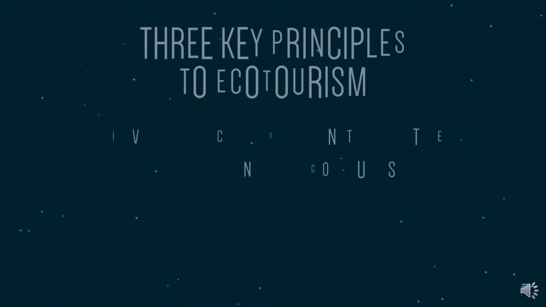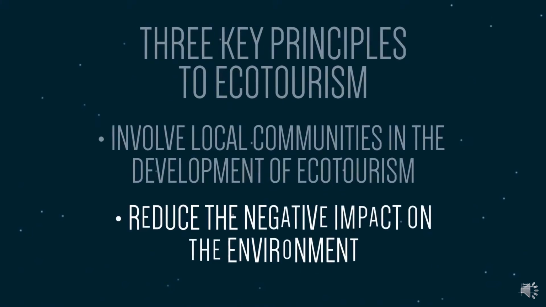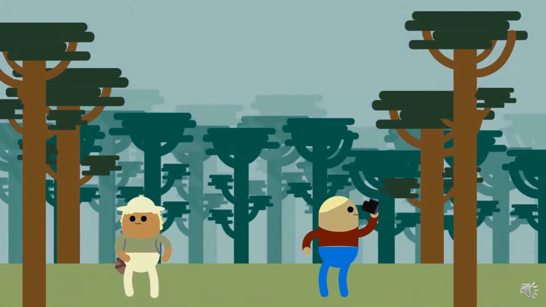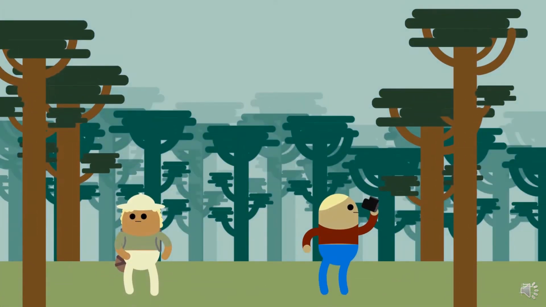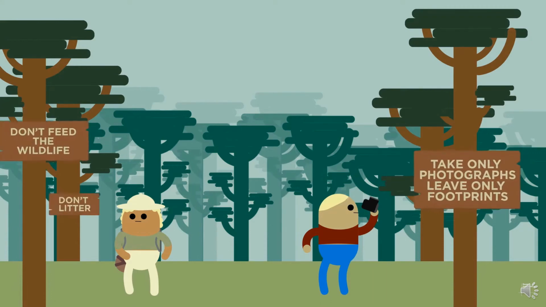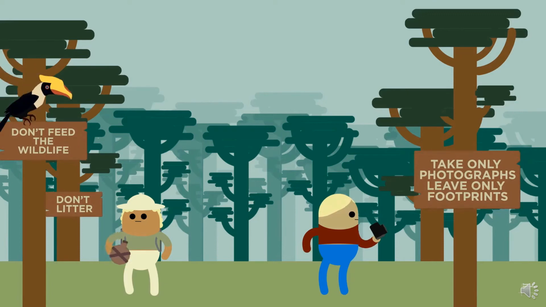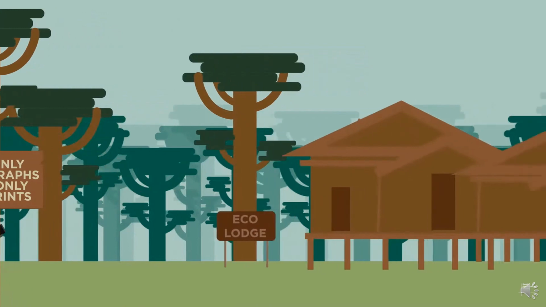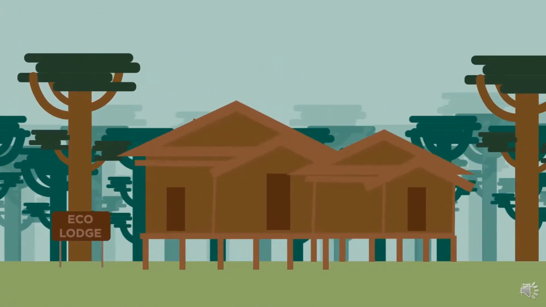The second principle is to reduce the negative impact on the environment. Ecotourism often involves visits to remote environmentally sensitive natural areas such as forests, dunes and glacial areas. Visitors undertaking these trips should try to make sure that they follow any rules regarding litter and wildlife disturbance, and ensure that personal use of resources such as water is sustainable. Venues that host ecotourism activities, such as hotels and restaurants, should ensure sustainable practices such as using renewable energy and minimizing waste.